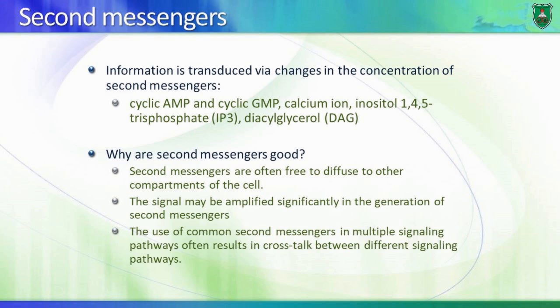The signal can be amplified, and this is a very important aspect in the endocrine as well as cell function overall. Now, remember that we have very little amount of hormones in our system, and in order for the system to be efficient, the signal must be amplified. This little hormone must do a humongous, large effect. So the signal must be amplified, and secondary messengers facilitate the ability of cells to amplify signals. Also,